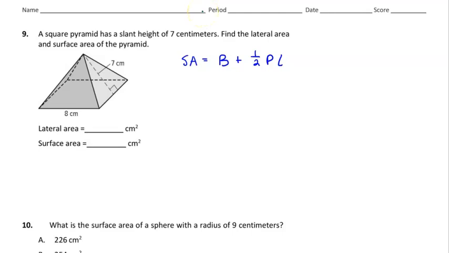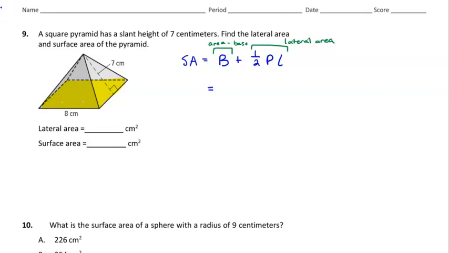So same thing goes with this one. This is the area of the base. And then this right here is going to be your lateral area. And with this one, we only have one base. The only base we have is this down here. Okay, and that's why it looks a little different than our last shape where we had two bases because it was a prism rather than a pyramid. All right, so now from here,